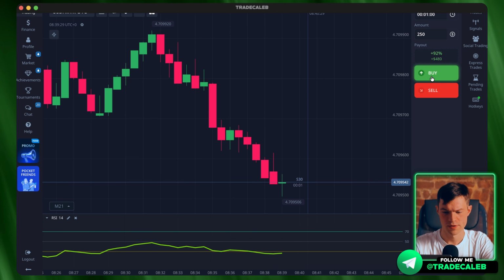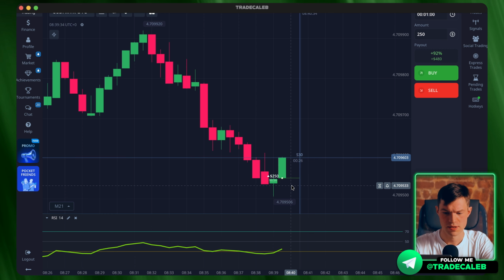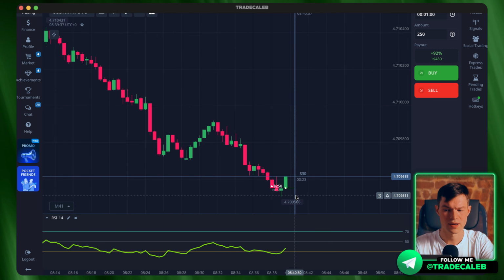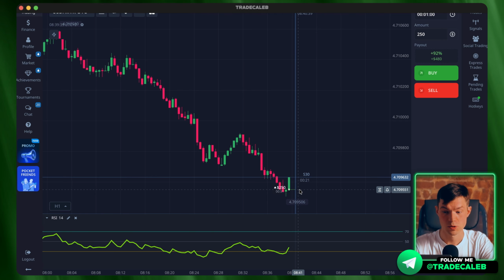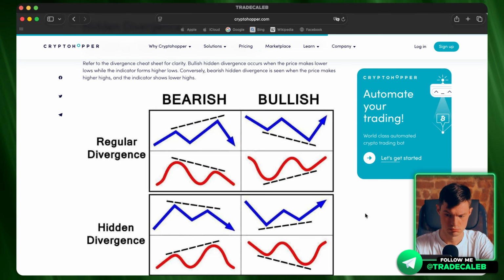I'm currently observing the formation of a Doji candlestick. I won't invest my entire balance, that's a bit risky. I'll open one upward trade. So as you can see, the price responds immediately with an increase, and if you are still not clear,